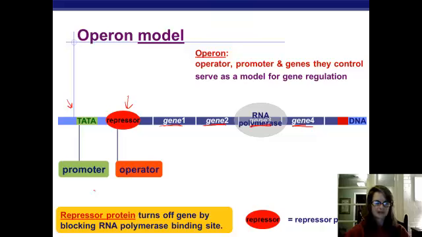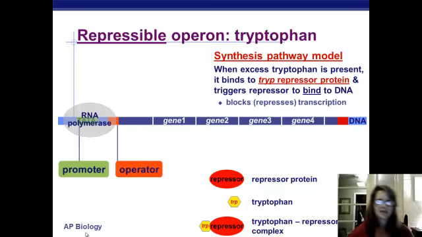Let's look at an actual example of this, and we're going to go back to that tryptophan example, okay? So now these are the genes for enzymes that would be in the pathway to make tryptophan.